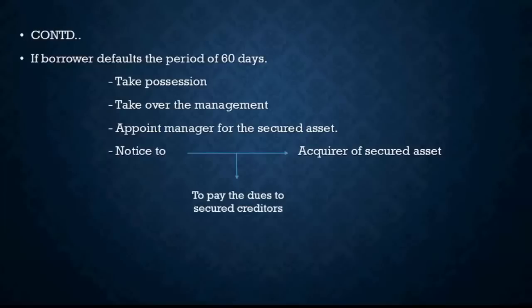Right? So, for example, if in the first attempt the bank appoints the base amount, which will be the lowest bid, and nobody bids above that, then ultimately the auction goes for a toss. So in that situation, the bank, the secured creditor, may appoint an officer. In the subsequent bid, the officer will now bid above the base price